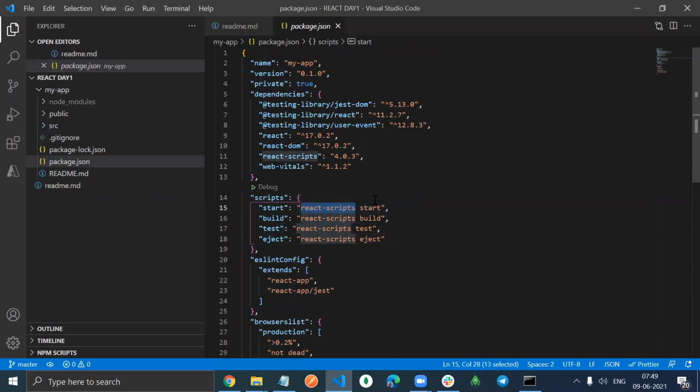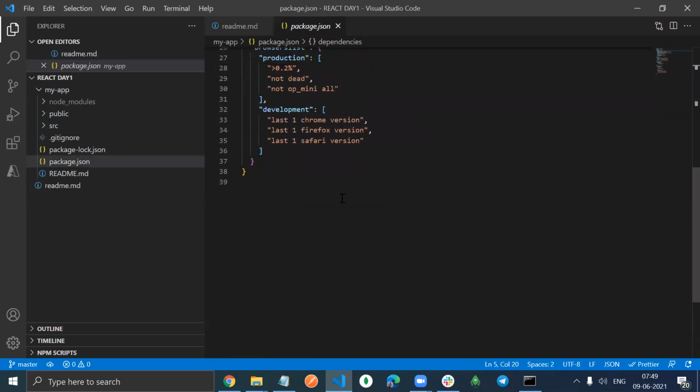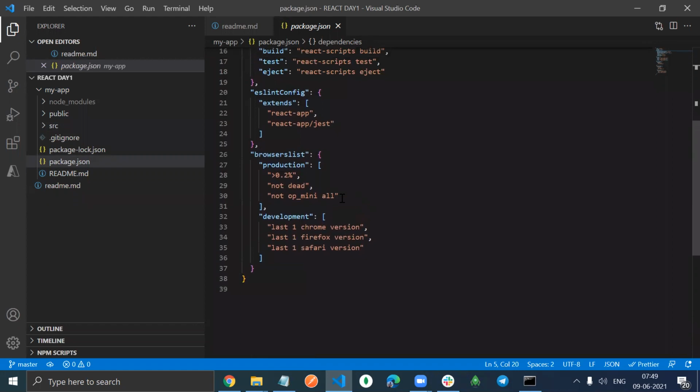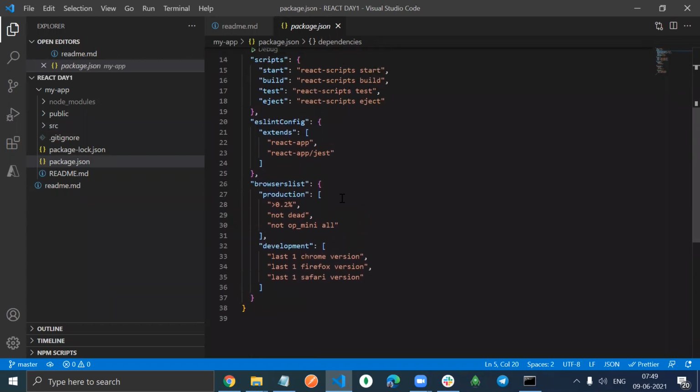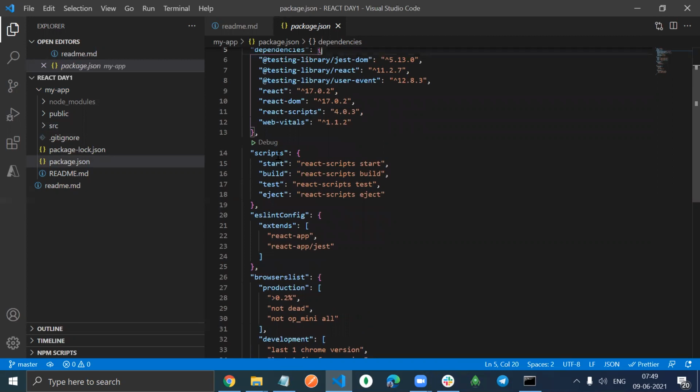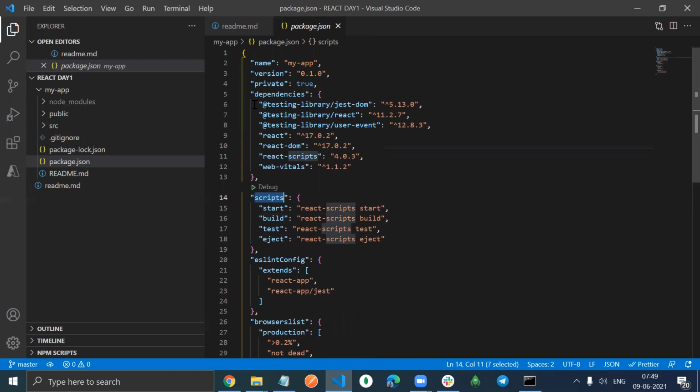But you don't have to write all that stuff. They have written all the scripts over here, so you can explore this. React DOM, react-scripts, and web vitals get installed automatically. Whatever third party package you install will get added into the dependencies, as you have learned in backend. Apart from that, you don't have to go deep into all this. But there are two things we have to mention. The first is the scripts, where we have start, build, test, and eject. Second, the dependencies are installed automatically whenever you create a new React app.